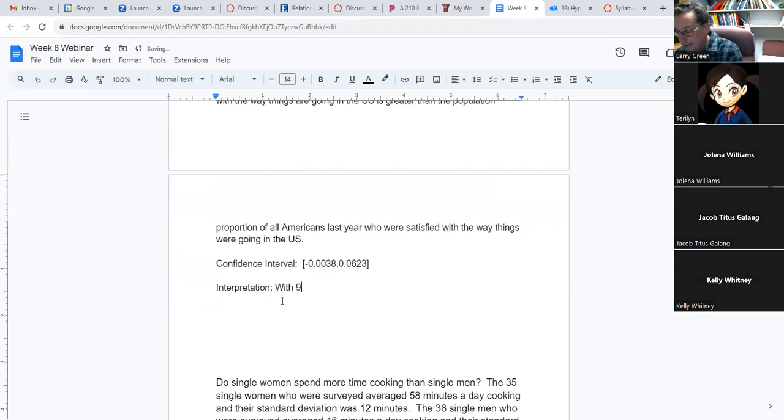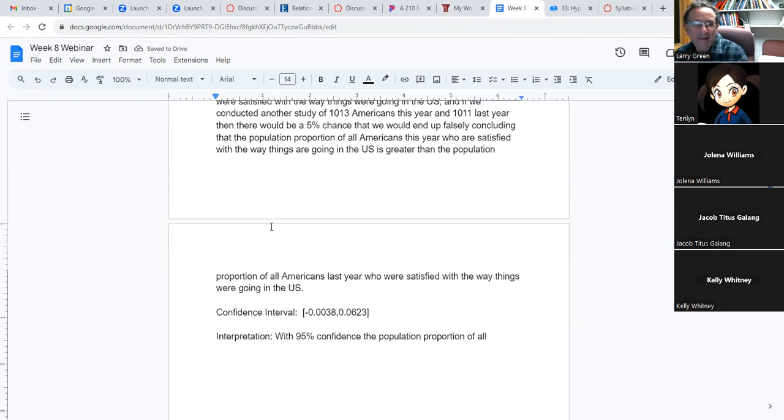With 95% confidence, the population proportion of all Americans this year who are satisfied with the way things are going in the United States is no more than